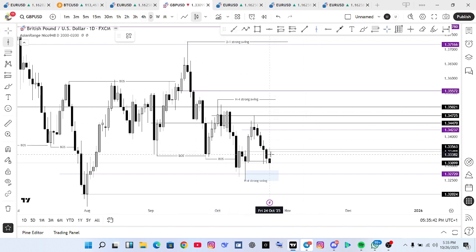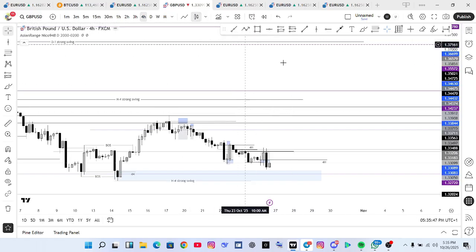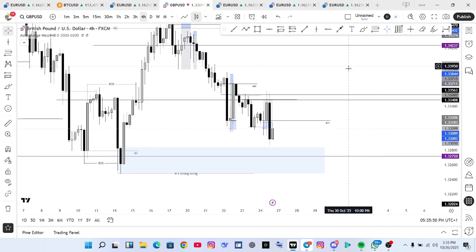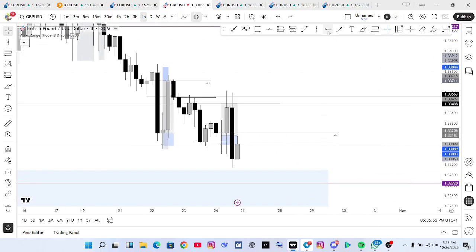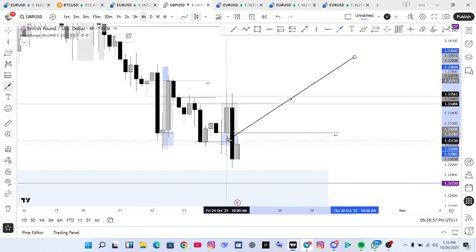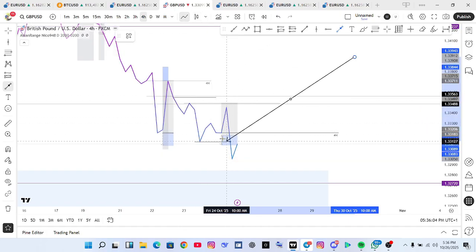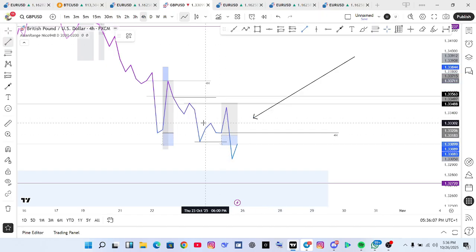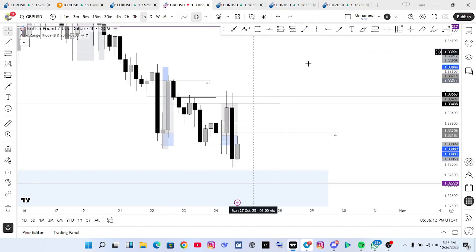Let me mark this and let's see 4 hours. What we have on the 4-hour time frame. Let me delete this. Our price is bearish, man. Look at this. On Friday, the market tapped into this place and gave us a break here. Look at it. We have a break. Now we have this QM here. We have this QM here, and